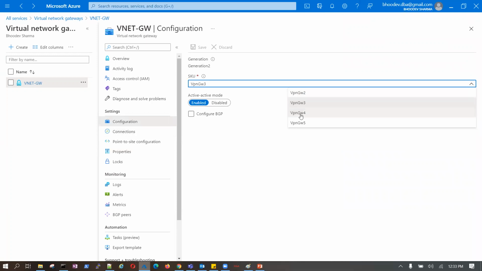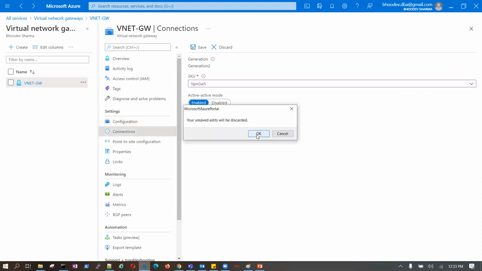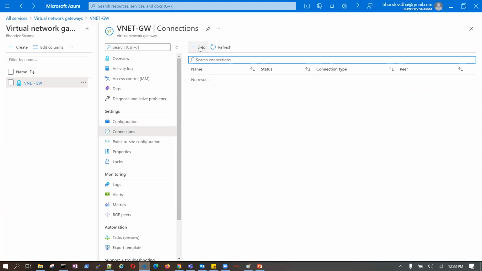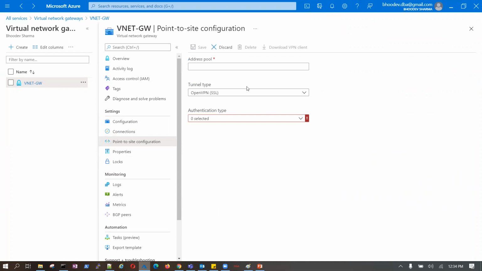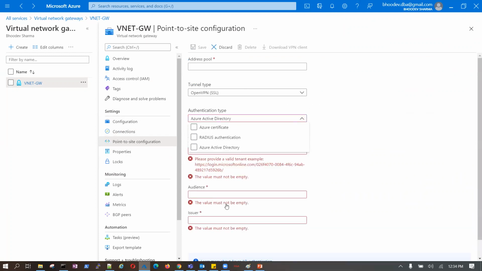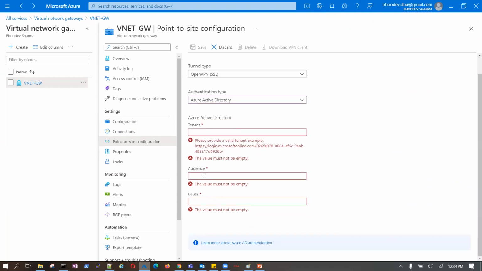Whether we are using them or not, the cost has started. We were not able to create this connection because I did not have the remote IP of the customer environment. This is a point to site connection, and again it required things based on authentication. Now my environment.